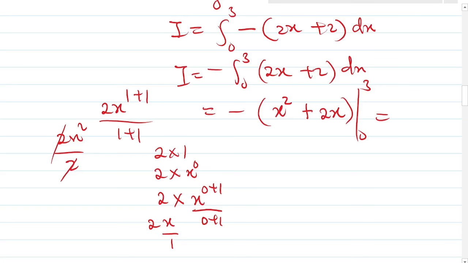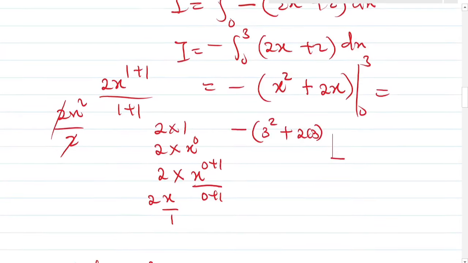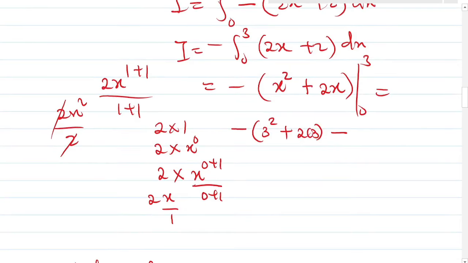So how do you evaluate? It should be minus x squared. So x squared, you first put 3, the upper limit. So that will be 3 squared plus 2 times 3, that's 1, minus, don't forget, you put the lower limit in that whole expression again. So that will be minus